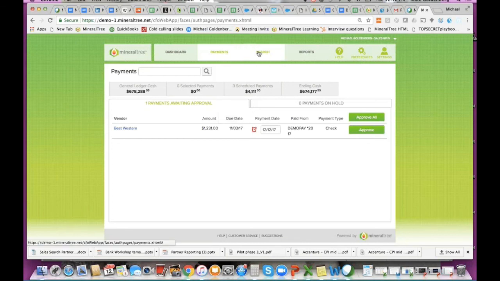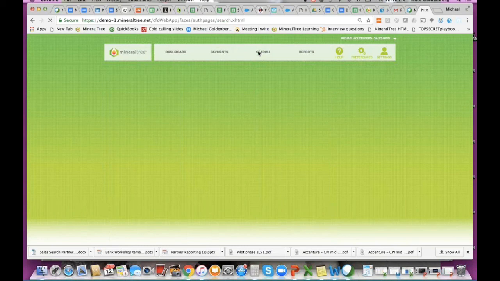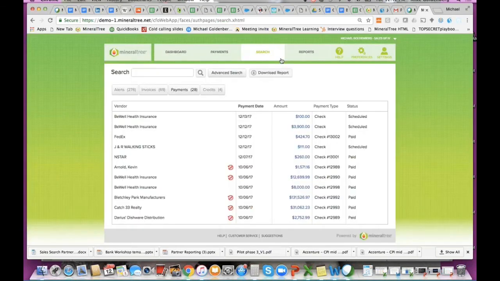So similar to the accounting managers, they'll have views of the file cabinet, if you will, as well as reporting. So that concludes the demonstration portion